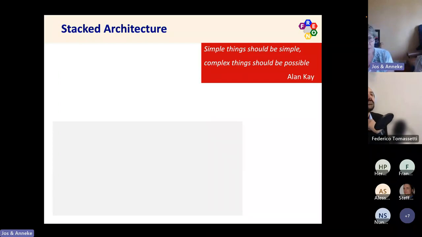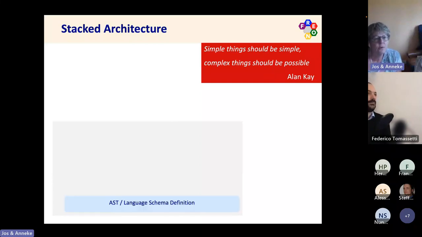Next to these aspects that I mentioned earlier, we have built everything based on a stacked architecture, because as the quote here says, we think simple things should be done simple, but complex things should also be possible. And therefore, we start with the language schema, the AST definition.